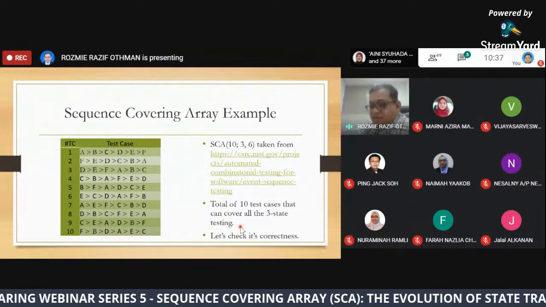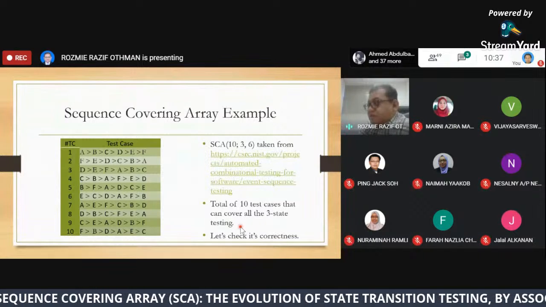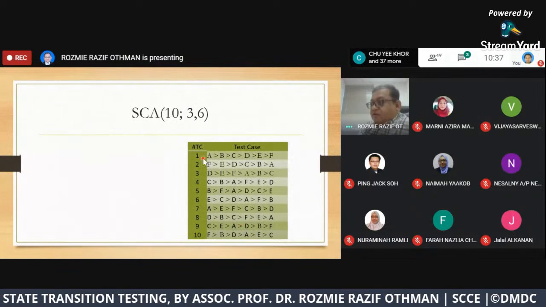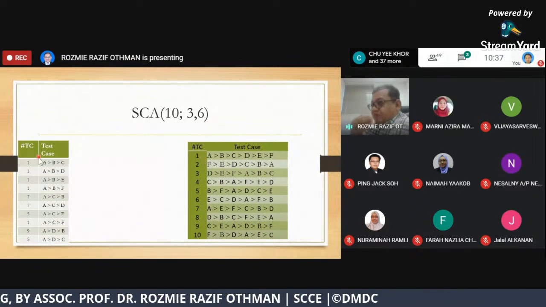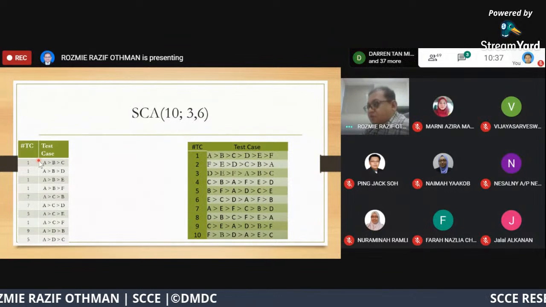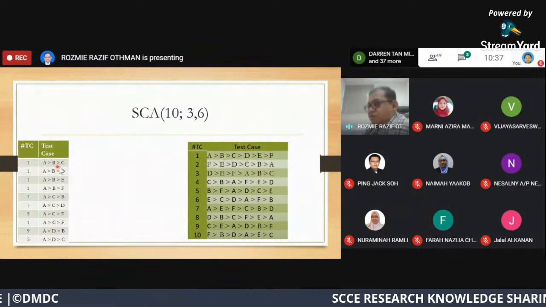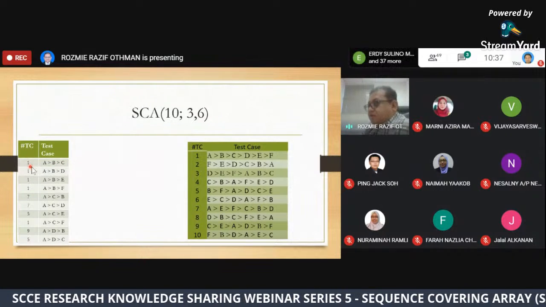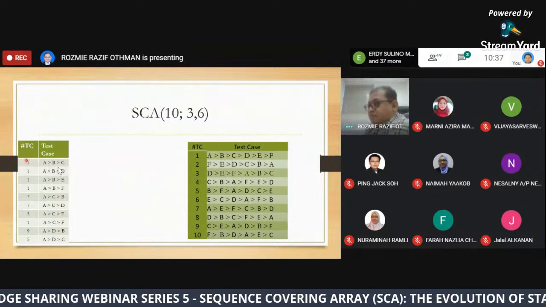So let's say we verify this covering array here. This is the covering array, right? These are the test cases I'm taking from the previous slide. So for example, A, B, C: A goes to B, goes to C. We can see this one is covered by test case number 1.